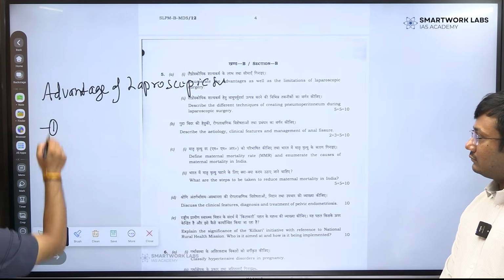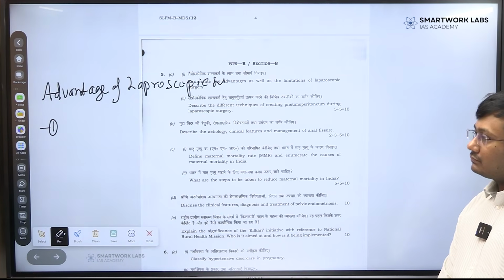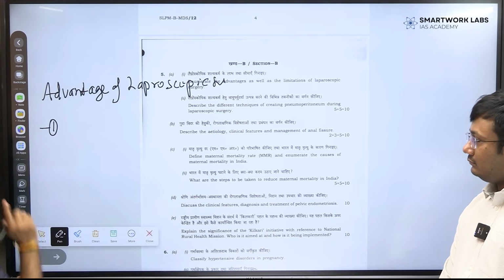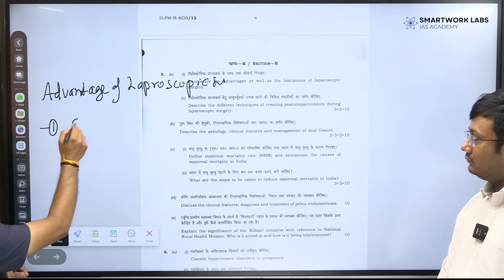आप यहाँ पे पॉइंट वाइज भी लिख सकते हैं, आप पैराग्राफ भी यूज कर सकते हैं, बट पॉइंट वाइज में टीचर्स को भी सहूलियत होती है, आपको भी होती है, तो आपको ज्यादा मार्क्स मिल सकते हैं। तो नाउ वी आर गोइंग टू द पॉइंट वाइज।